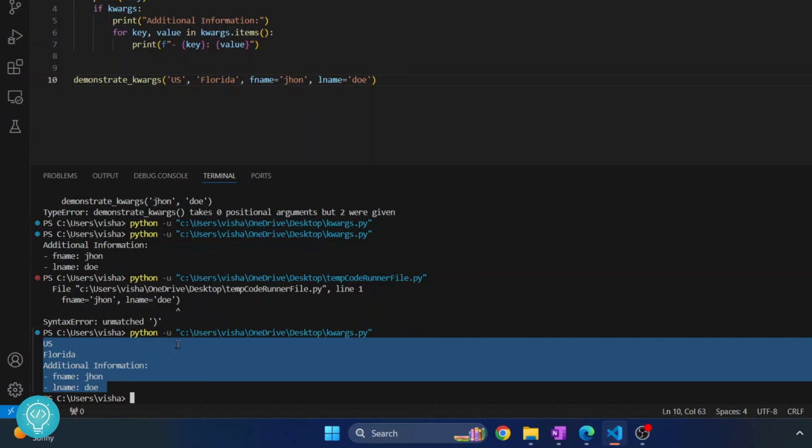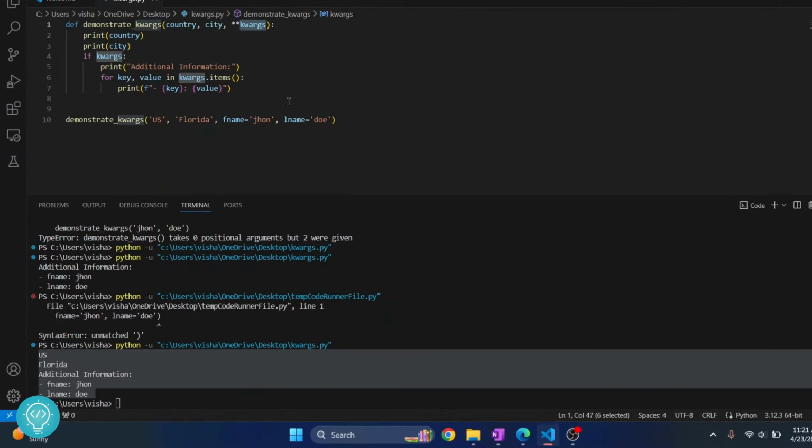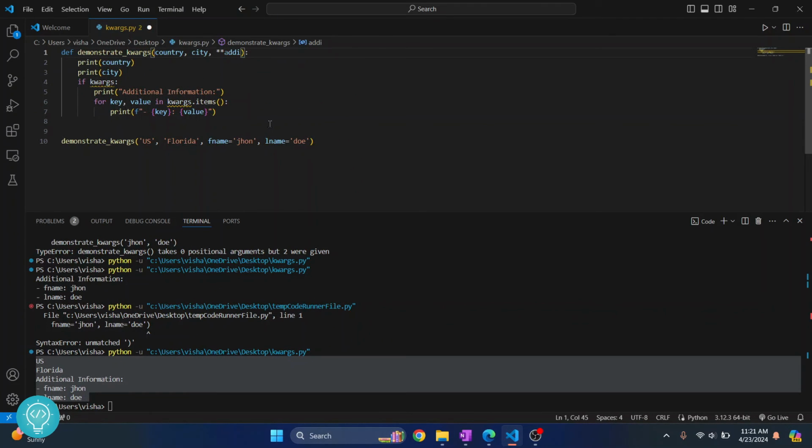That is in kwargs. Now, also one thing is we are so used to seeing kwargs that we think that this is what it has to be. Now we can just write additional info here, right? It can be anything. You don't have to write kwargs. It'll still work. So let me just demonstrate this to you,